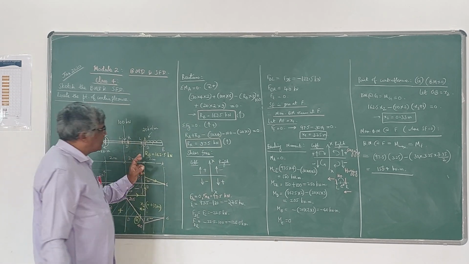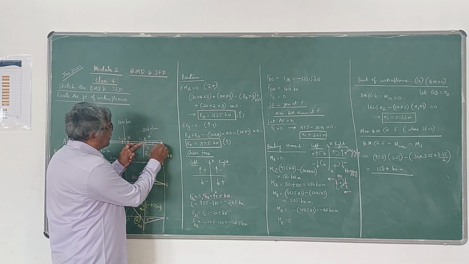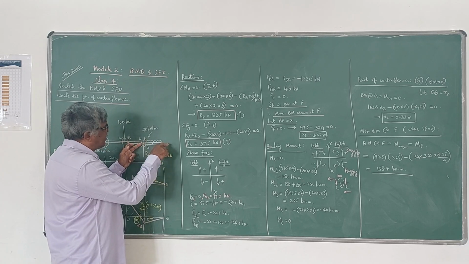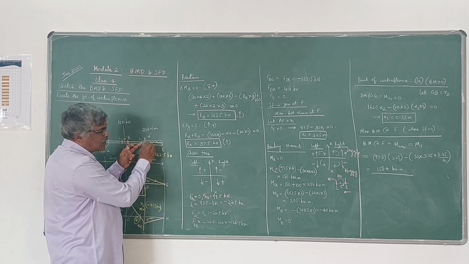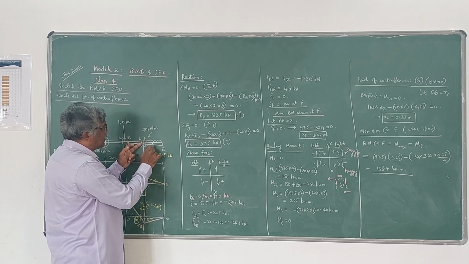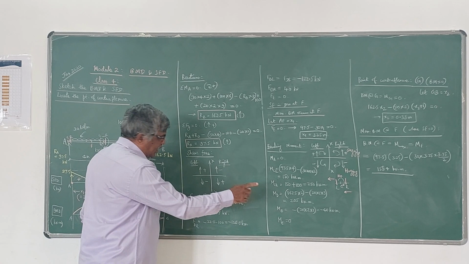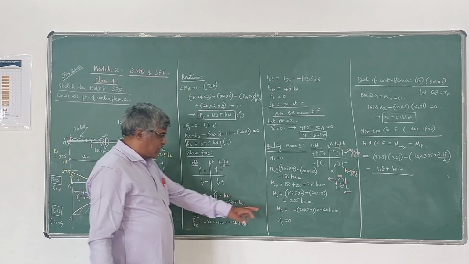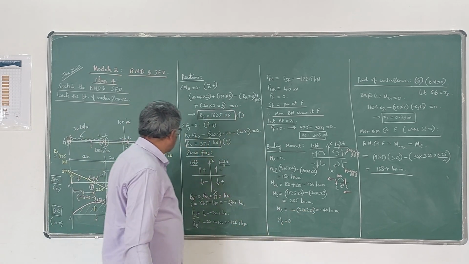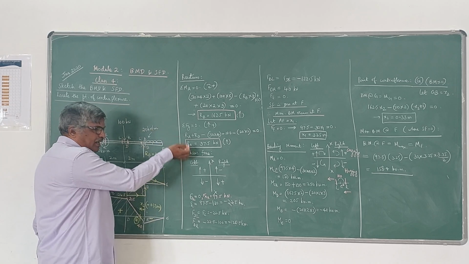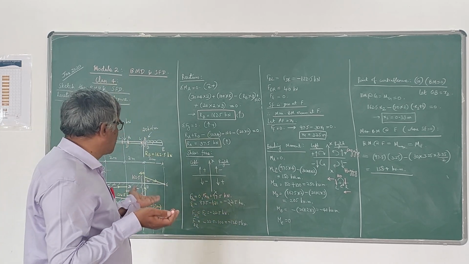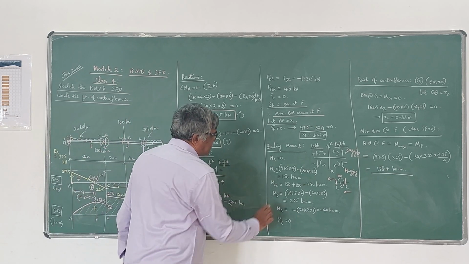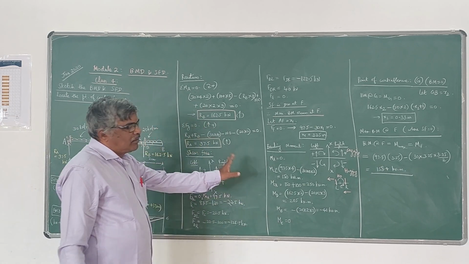Then MB value, so you have to see only one force on the right side. If you see, it is downwards, 20 into 2, and it is acting at a distance of 1 meter. So 20 into 2 into 1 is 40. It is negative because it is acting downwards, so minus 40. And at the last, ME, if you see to the right side of E, nothing is there, no force is there, no moment is there, therefore bending moment is 0 at this end. So ME is 0. So these are the values of bending moments.